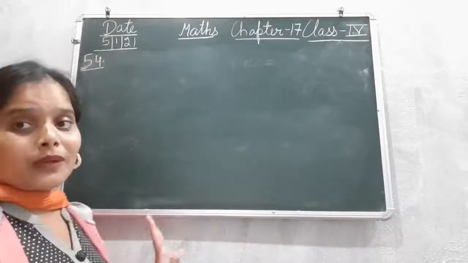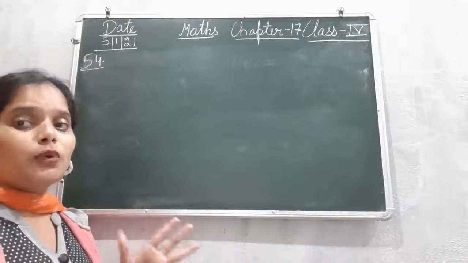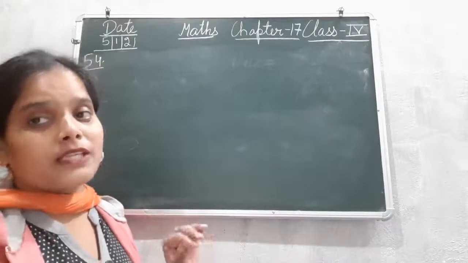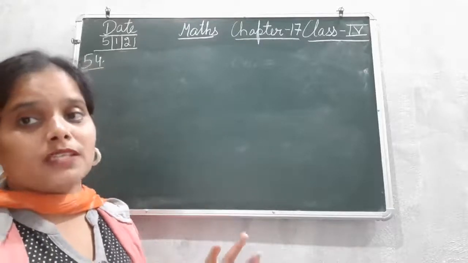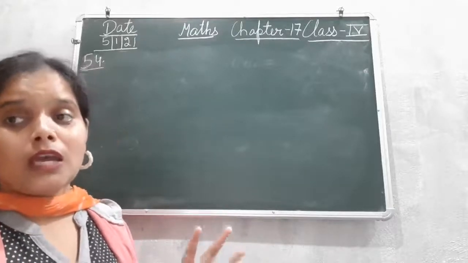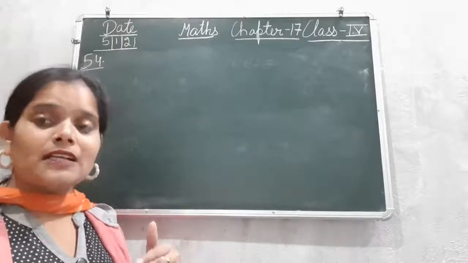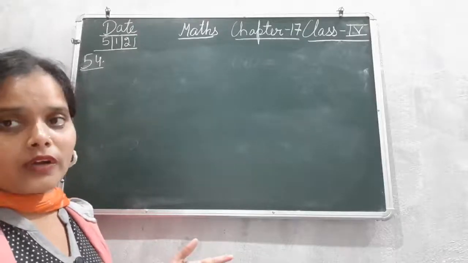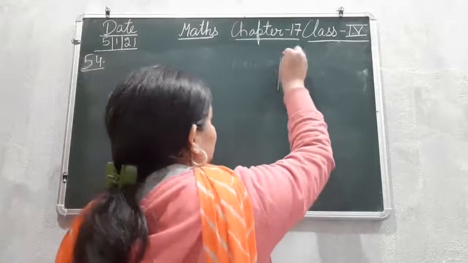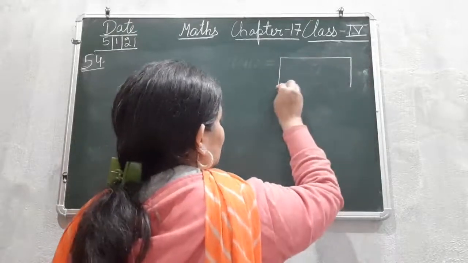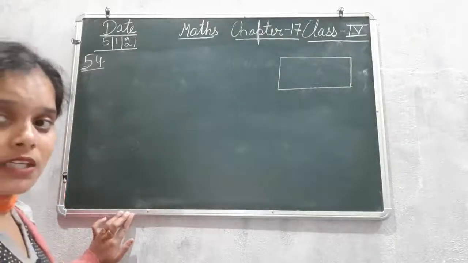So देखिए now the question is given, सिर्फ measurements of the rectangle is given but no diagram is given. So first thing, अगर हमारे किसी भी question में all the explanation was given, the shape of the figure is given, the measurement of the figure is given but the figure is not given, तो हम क्या करेंगे, in that we will ourselves, हम खुद figure को draw करेंगे. Clear? So let's draw the figure. So now as in the question it is given, it is a rectangle. So I have drawn a rectangle.